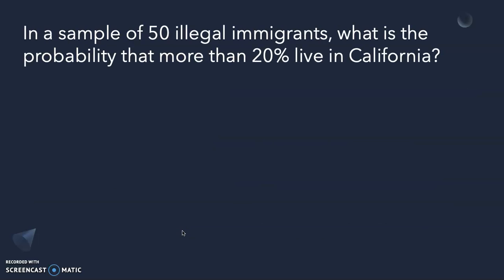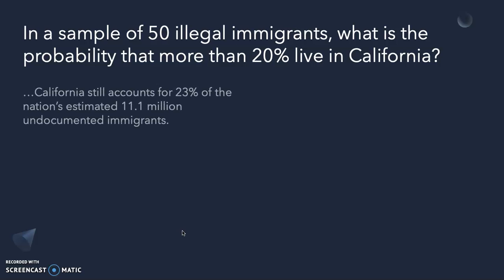So let us first answer the first question with a sample of 50 illegal immigrants. We have the information that the population proportion is 23%. So P is 23%, and the sample proportion, or the estimate based on the condition here, is 20%, with a sample of 50. Before we calculate the probability, let us check first if the sample proportion approximates a normal